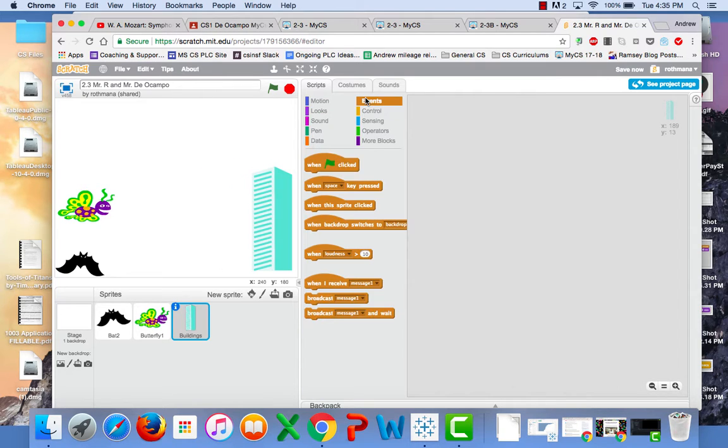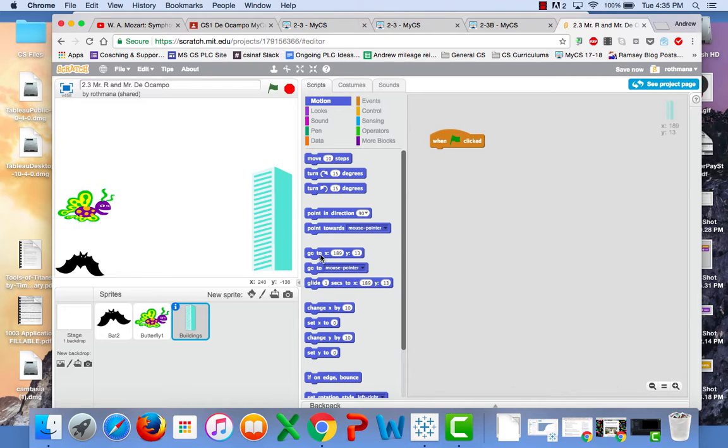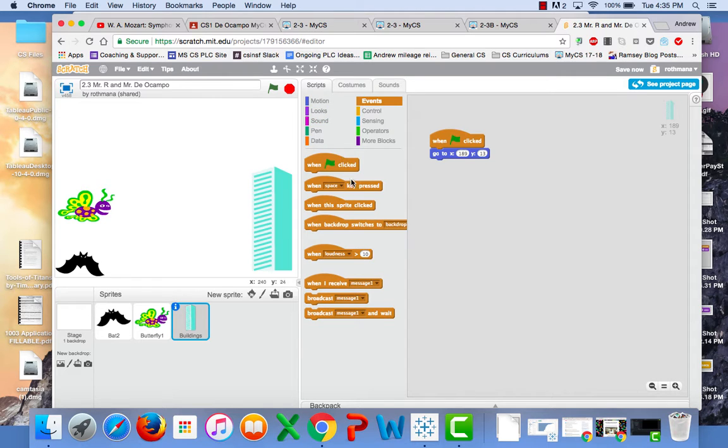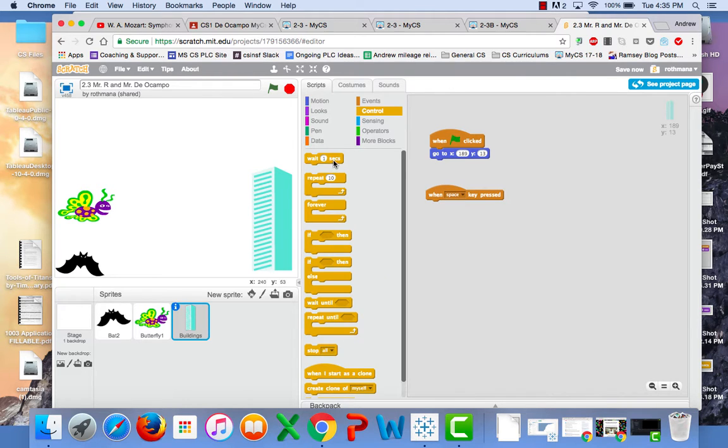As always, we want to initialize it. So we'll go there, and we use the go to block here. So we know that when we press the flag, and with the building, we want it to move slowly across the screen. So we can use the space bar. And what we're going to do with the building is, first of all, it's going to wait for the conversation to end. So we know we need to wait for 2 seconds. And then we're going to have it start moving. We use a different loop,